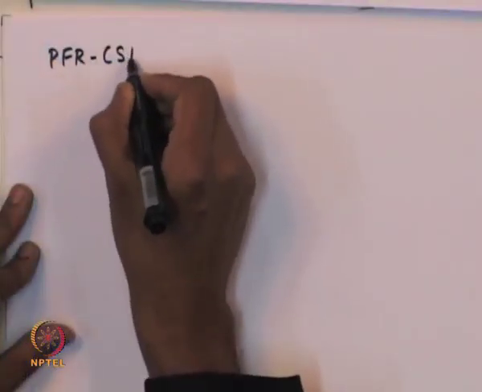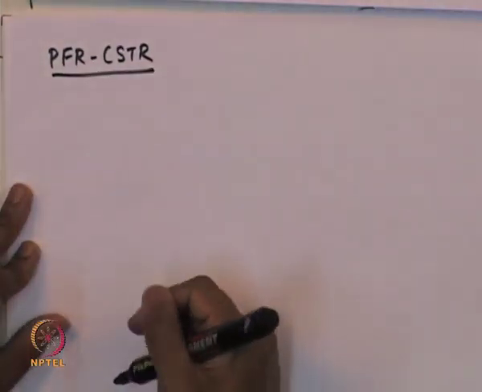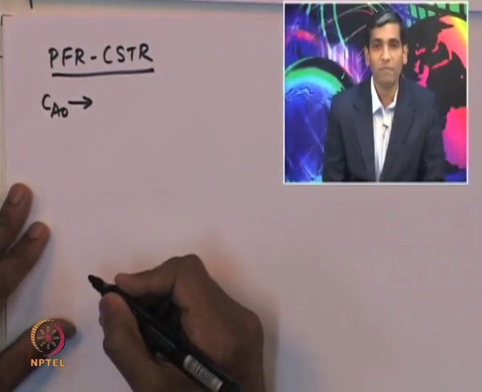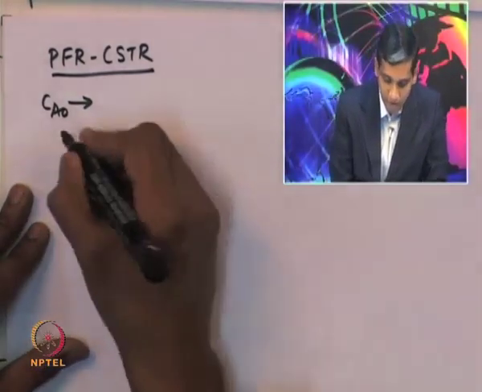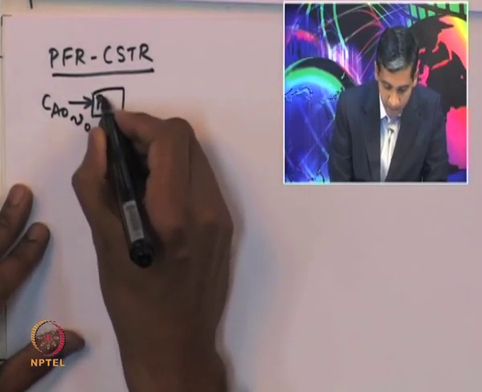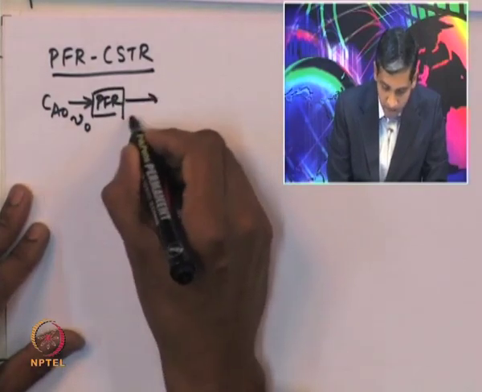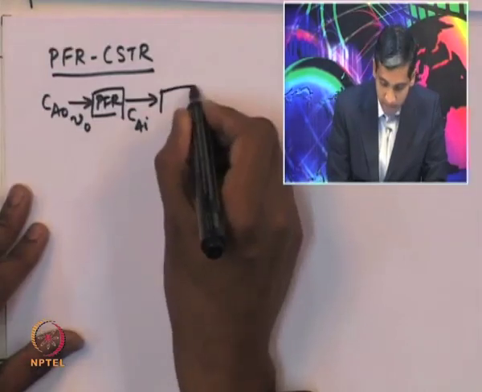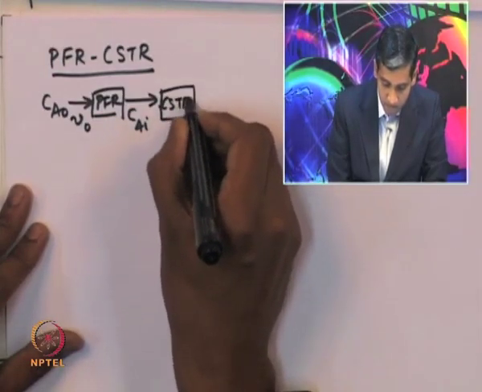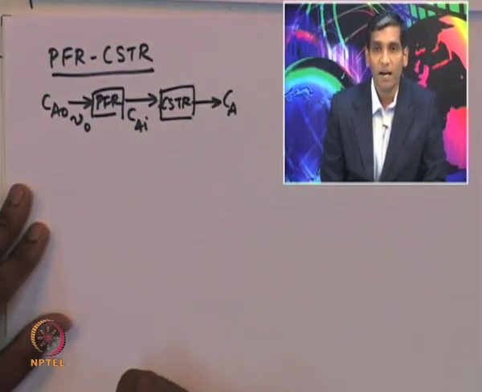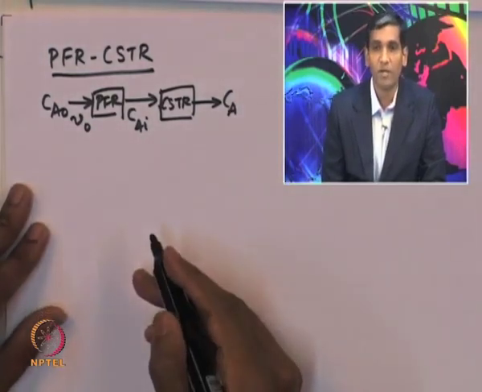So, let us now take the second combination, where the CSTR follows the plug flow reactor, and the depiction is Ca naught, the concentration with which the species enters the plug flow reactor, and V naught is the corresponding volumetric flow rate. So, that is the plug flow reactor, and Cai is the concentration with which the species leaves the plug flow reactor, and then it enters the CSTR, and Ca is the concentration of the species in the effluent stream